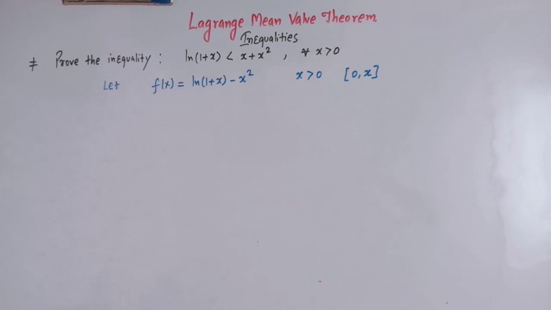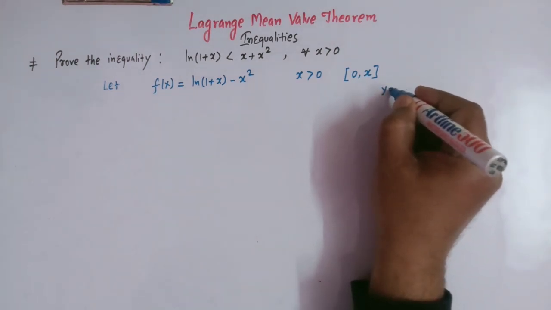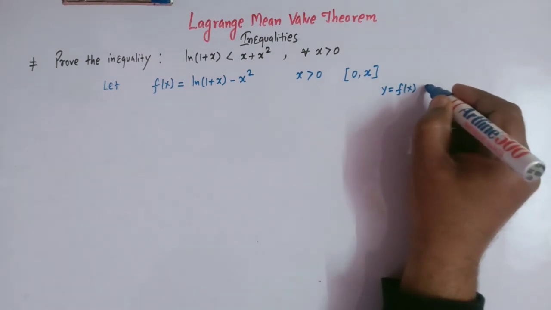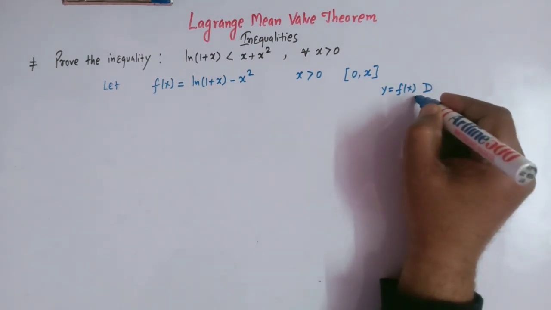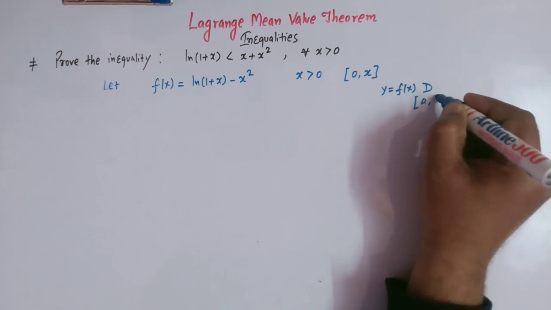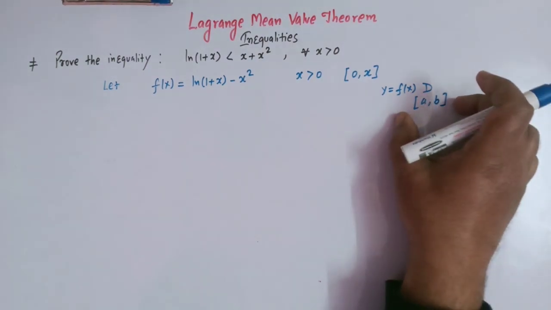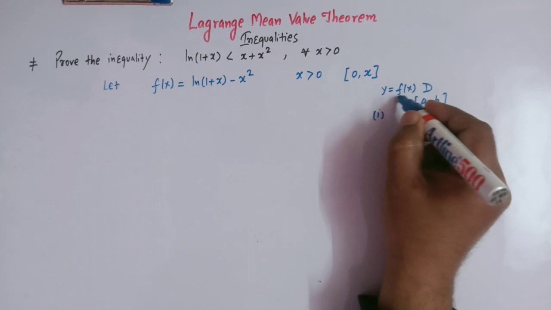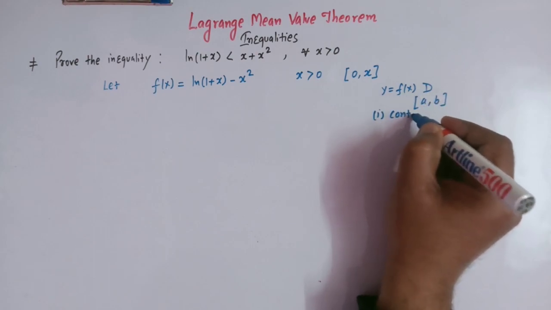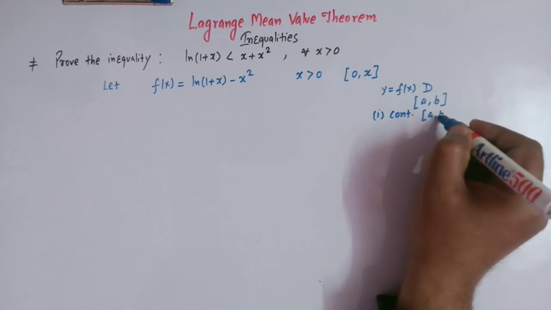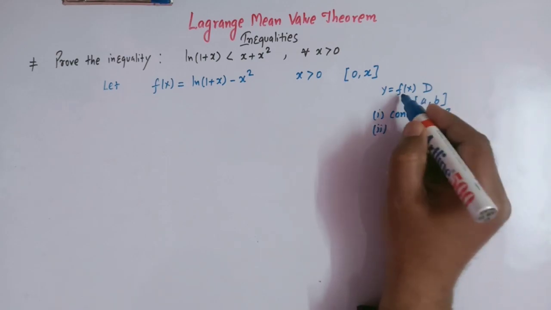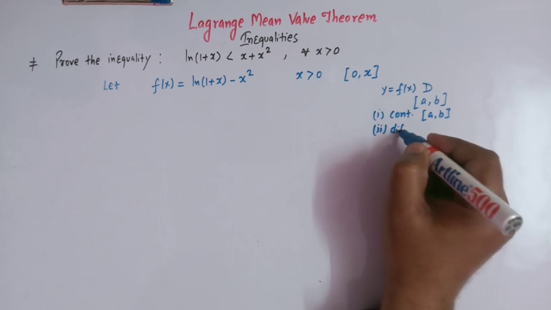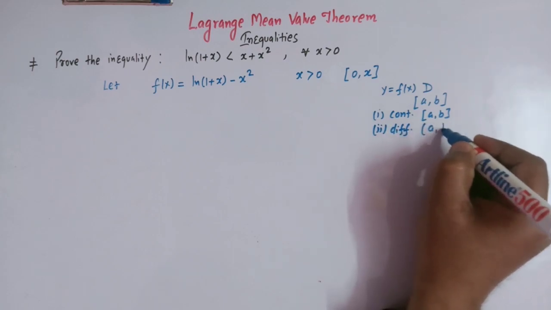So now Lagrange's mean value theorem says that if we have a function, say y is equal to f of x defined in some domain D where we have an interval a comma b, right? So this interval is a subset of this domain D, and if this function f of x is continuous in the interval a comma b, and this function f of x is differentiable in the interval a comma b, then